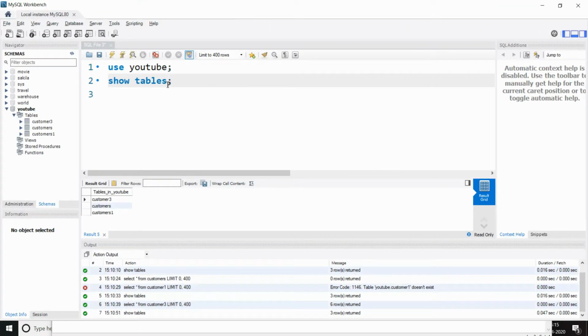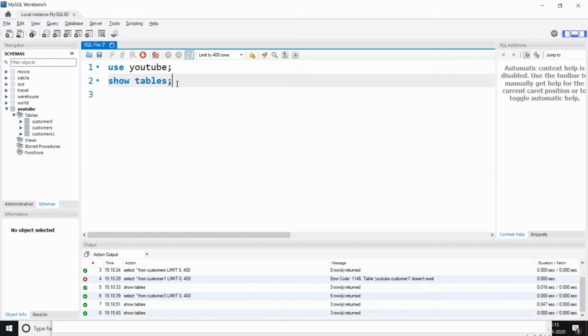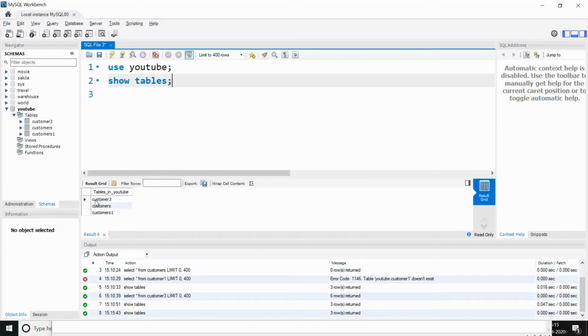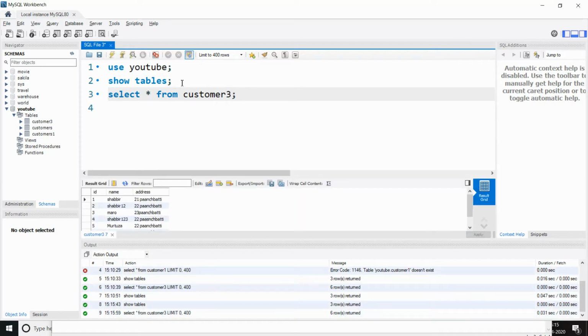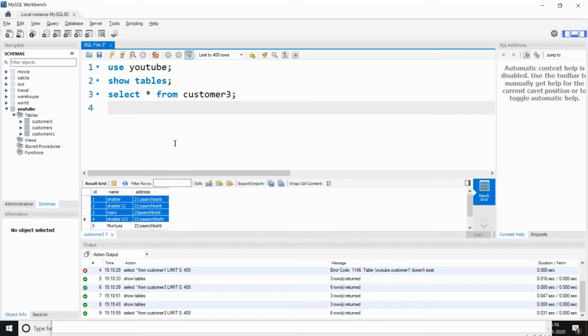In the MySQL environment, first I will show you some tables that I have already created. There are certain tables here, and we have this customer table. To see what records are lying inside the customer table, you need to write the simple select all statement: select star from customer3, which is my table. This is my table where we have certain records. Now what if I want to see the same table in the Python code?